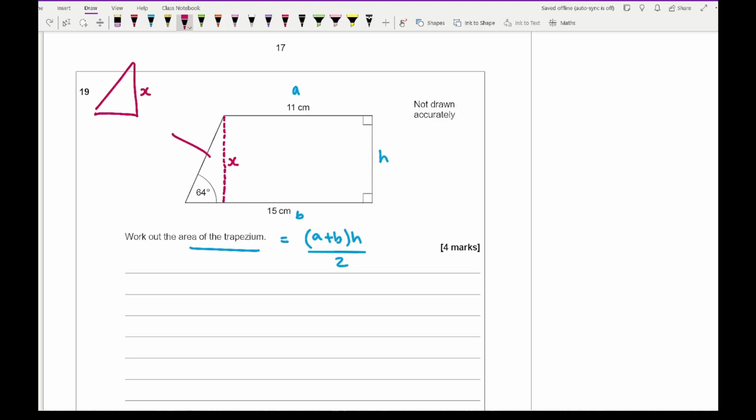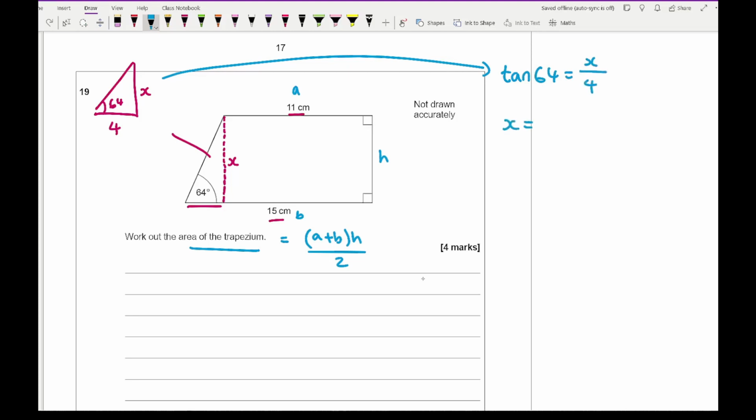Now this is what I'm wanting to know. I know this is 64, and this length here is going to be the difference between these two numbers, which is 4. So then from this I can use trig to work out what that is. So I'm going to be using tan, so I know tan 64 equals opposite over adjacent, so x equals 4 tan 64. Now because that's part of a question, I'm going to leave my answer as 4 tan 64, but if you did want to convert it into a decimal, you should have an answer of 8.201